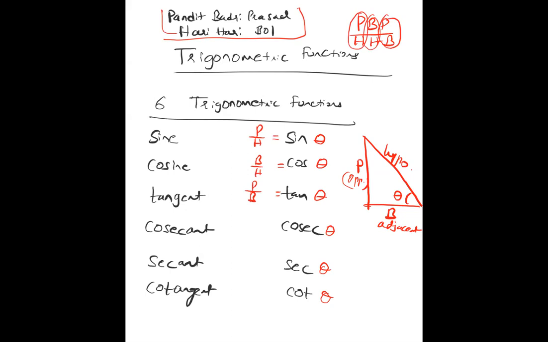And reverse is the cosec, sec, and cot. Reverse means cosec is 1 upon sine theta, sec is 1 upon cos theta, and cot is 1 upon tan theta. This all of you know, right? If you remember this shortcut, Pandit Badri Prasad Hari Hari Bol, you will always be able to remember this. In fact, you might be remembering now also without even the shortcut. Okay. So please note all these things and then we will discuss further.